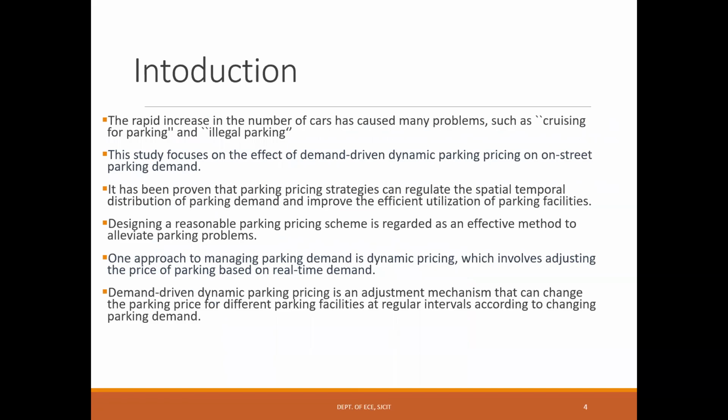The rapid increase in the number of cars has caused many problems such as cruising for parking and illegal parking. The study focuses on the effect of demand-driven dynamic parking pricing on street parking demand. It has been proven that parking pricing strategies can regulate the spatial-temporal distribution of parking demand and improve the efficient utilization of parking facilities. Designing a reasonable parking pricing scheme is regarded as an effective method to